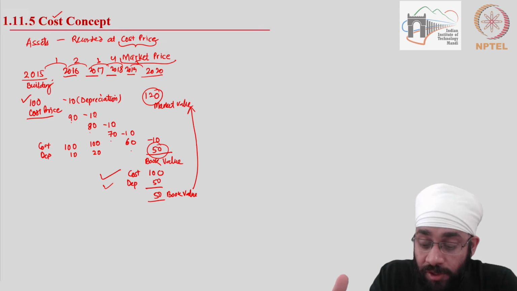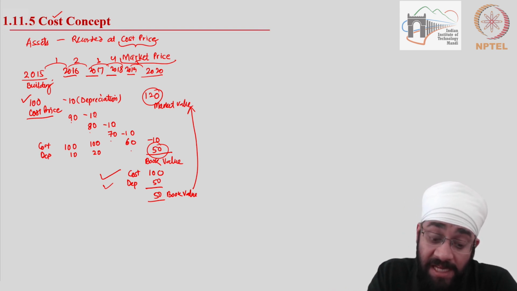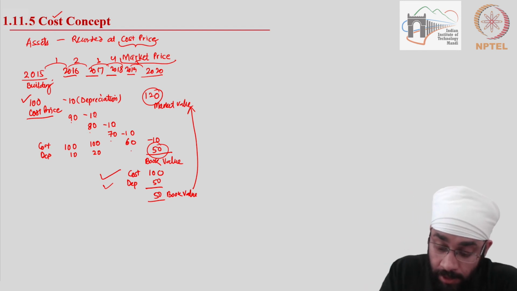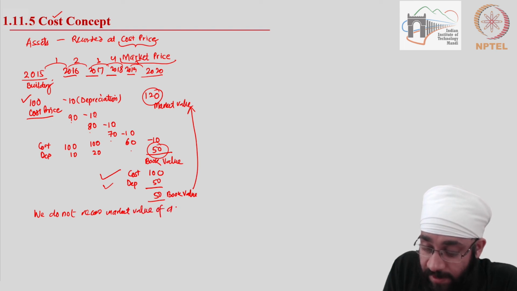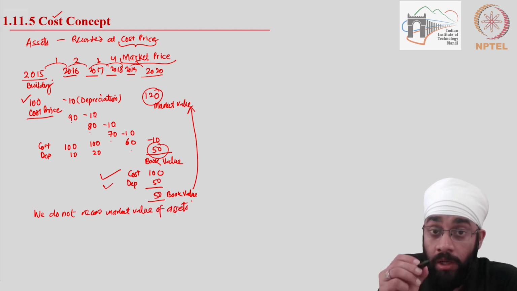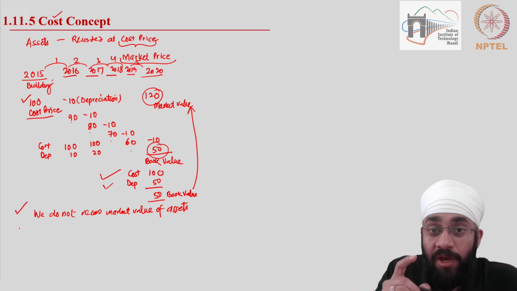All right. So the market value actually has no place in the books of accounts as far as recording of assets is concerned. So I'm going to write: we do not record market value of assets. We only record the cost price and the book value of the assets. Now, if you sell,